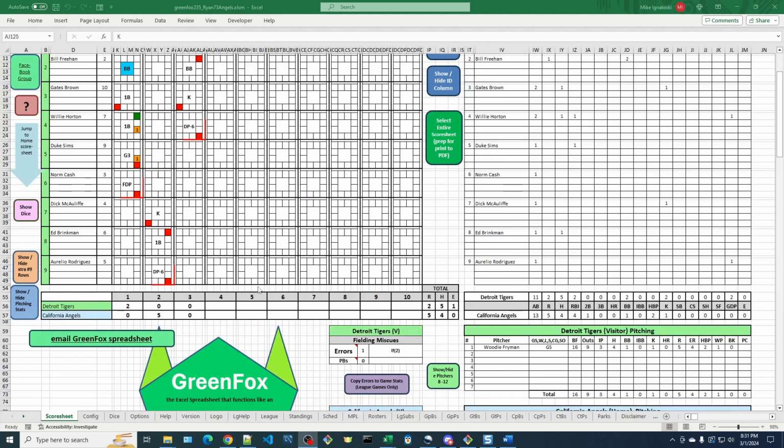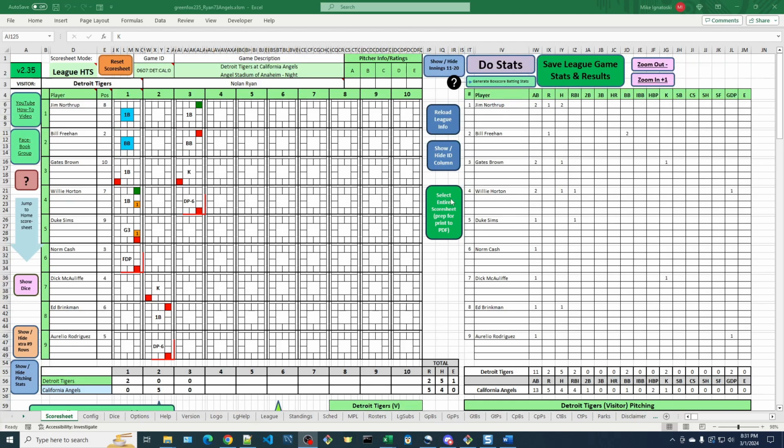The last enhancement from version 2.35 that I want to show has to do with the score sheet. I've added this green button here that says select entire spreadsheet, prep for print to PDF. After playing several games, I found that a nice way to save a log of your games without saving a spreadsheet for every game is just to save the score sheet as a PDF. Here I only played 3 innings of this game, but I did the stats anyway just so I could demonstrate this. So if you click this button here,